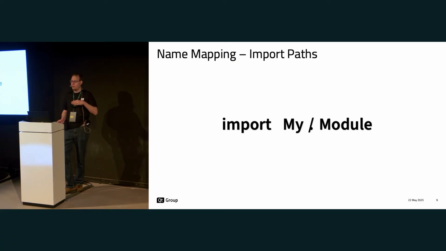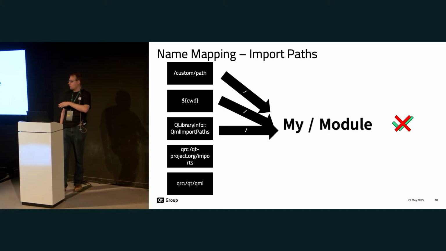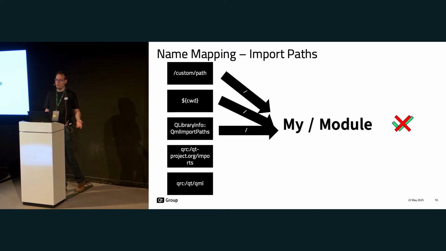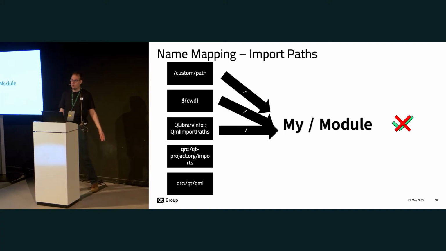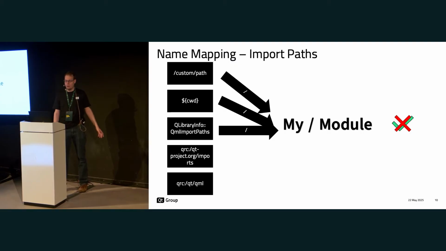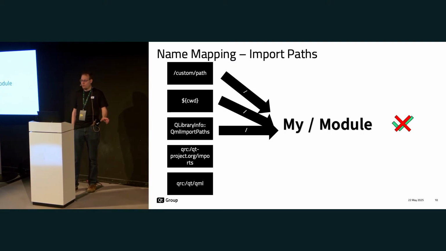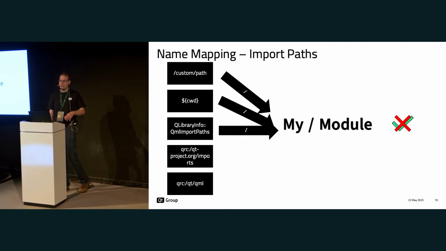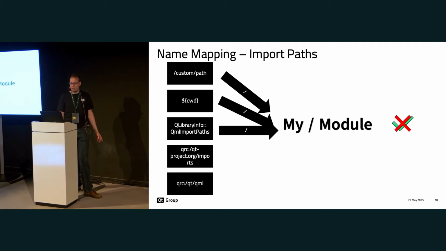And what is the subpath? Well, there's also something called import paths where we are trying to look for it. There is a list of standard import paths. That's not the complete list, but those are some of them, which are always available when you create a new QML engine. And you can also add your own custom import paths via addImportPath in QML. Once you have your list of import paths and the subpaths that you constructed from the module URI, we can do lookups. Like,